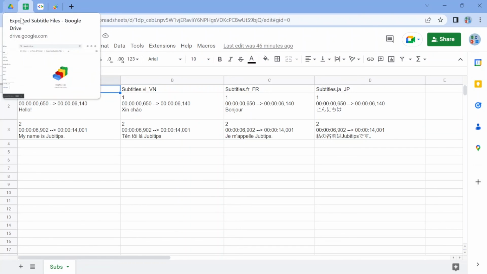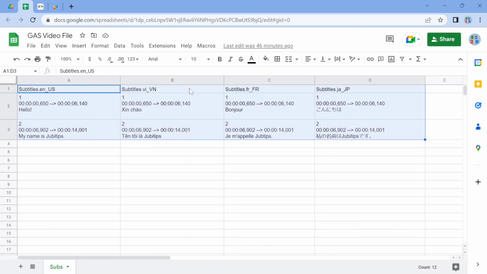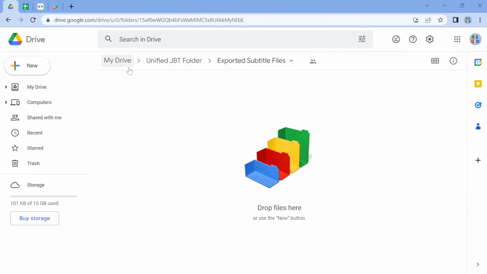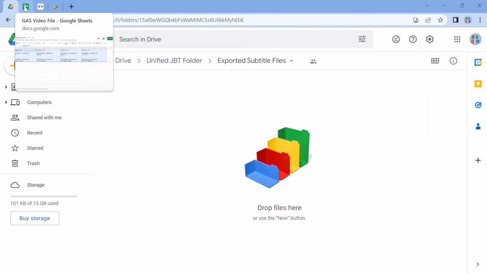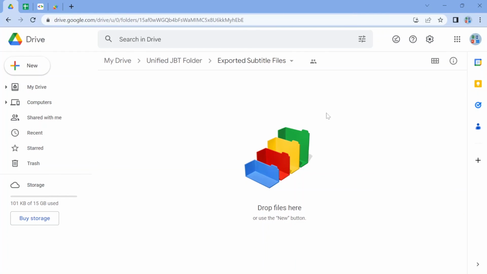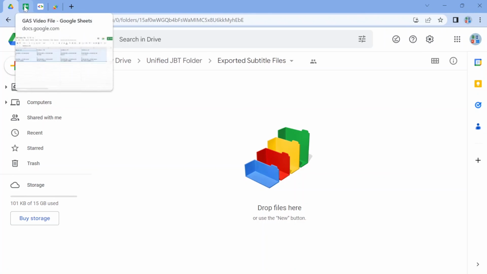So I need to select all of these, and let me make sure that inside my folder I have nothing. Okay, it's empty. Just to make sure that I actually did some work when it's exported. I know it's a new file. Of course, in a real life scenario, you can leave some files here. It's fine. Google Sheet is going to delete your existing file before putting in a new file.